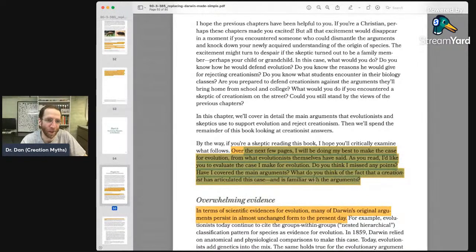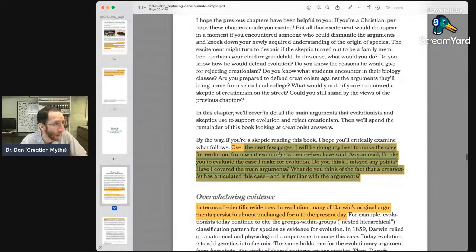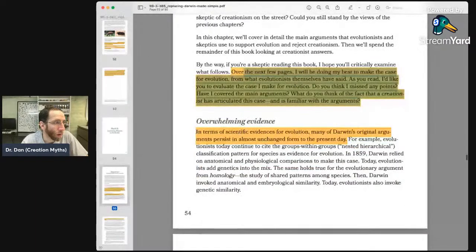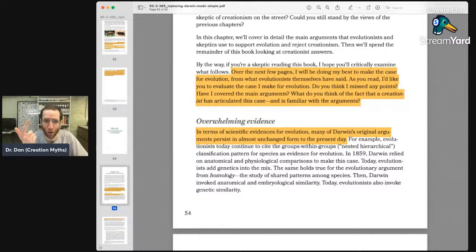No, he doesn't. Let's see what he does. So, okay. In terms of specific evidence, any of Darwin's original arguments persist. That's not true. Darwin used a lot of biogeography, which is strong evidence for evolution. He used an analogy with artificial selection. Also true. That's legit. But no one's going to use those things as the best evidence for evolution these days. Okay.